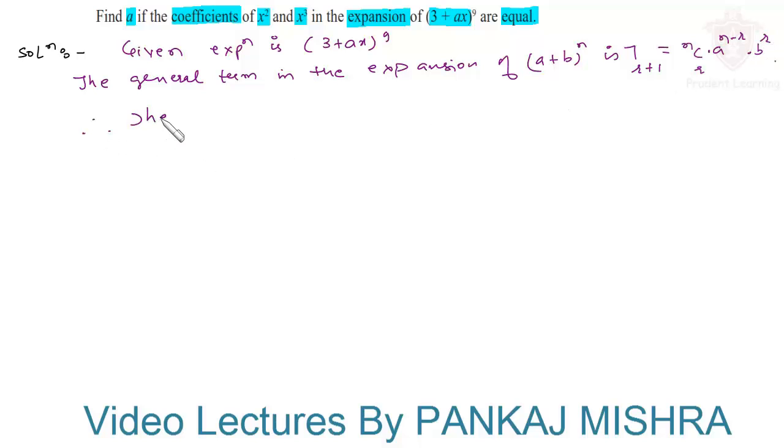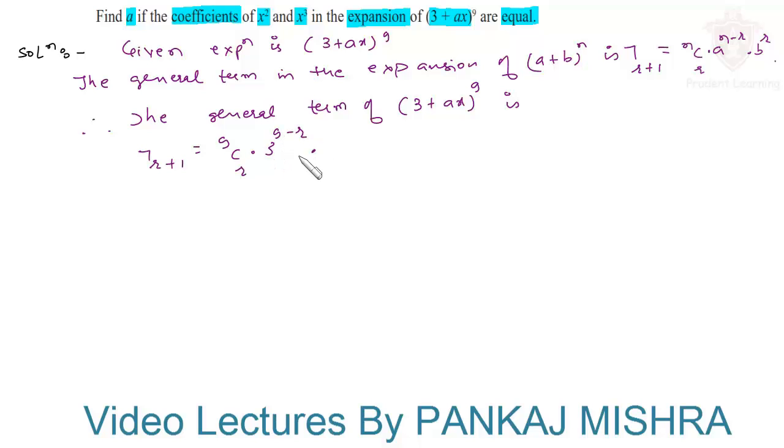Therefore, the general term of (3 + ax) whole raised to 9 is given by T(r+1) equal to 9Cr into 3 raised